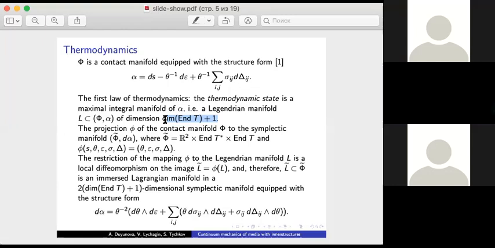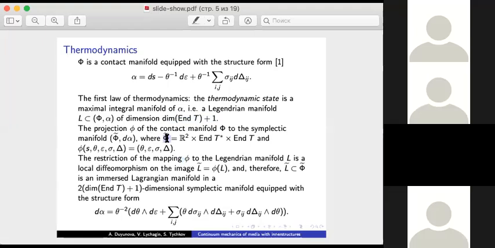And for this, we can consider the projection small phi from the contact manifold Phi to the symplectic manifold Phi tilde with the structure form d alpha. The restriction of this mapping phi to the Legendrian manifold is a Lagrangian manifold in